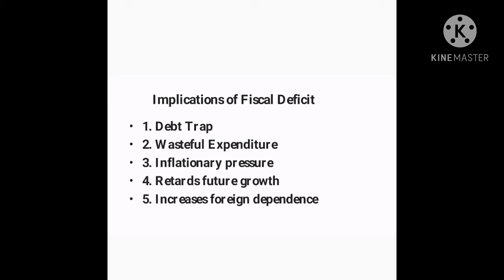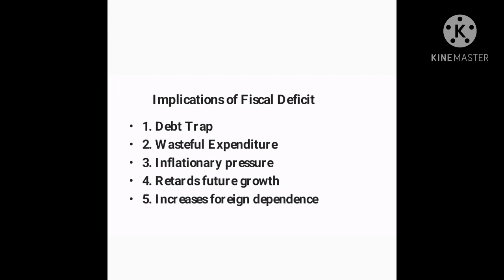First, debt trap. Fiscal deficit, that is borrowing, creates problems of not only repayment of loans but also payment of interest. As the government borrowings increase, its liabilities in future to repay loans along with interest thereon also increase. Payment of interest increases revenue expenditure, leading to a higher revenue deficit. Increased revenue deficit may further lead to more borrowing and more interest payment. Ultimately, the government may be compelled to borrow to finance even interest payment, leading to the emergence of a vicious circle and debt trap.